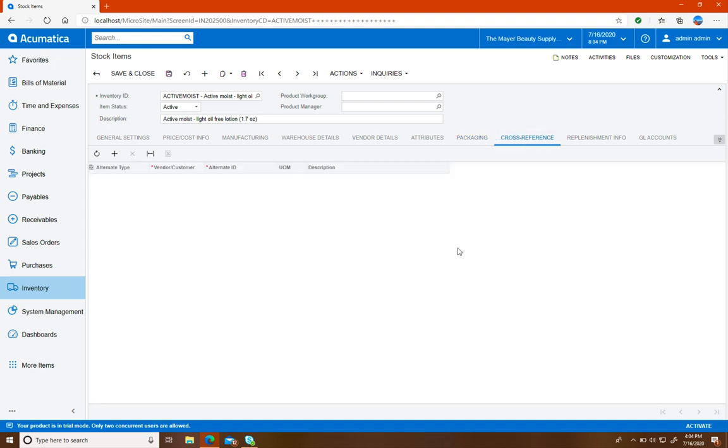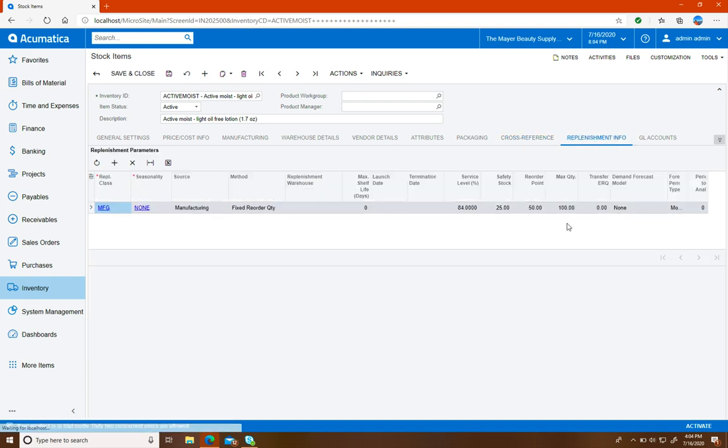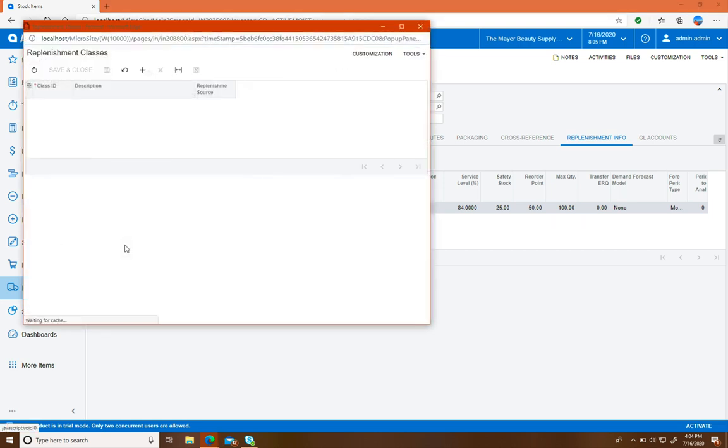You could add any cross-referencing that you may need to. So you can select between customer and vendor part numbers, global or barcode, and then input a vendor or customer into here. Here we're going to have our replenishment information again. So we see that still has none seasonality, so some of this information we've seen before. We also see a replenishment class, which if we click on that, it shows it's our manufactured this time around